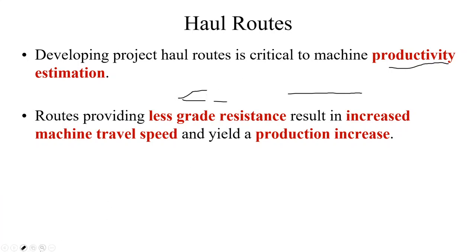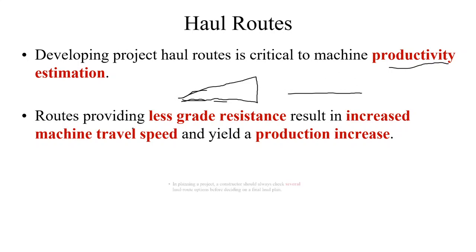Let me redo the slope. Yeah, it is a lot easier moving on this surface than on a surface which has some slope. So the travel speed changes. That's why we should try to level the haul roads as much as we can